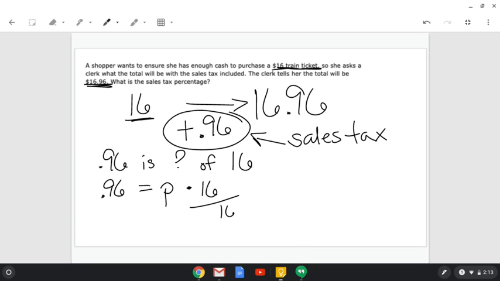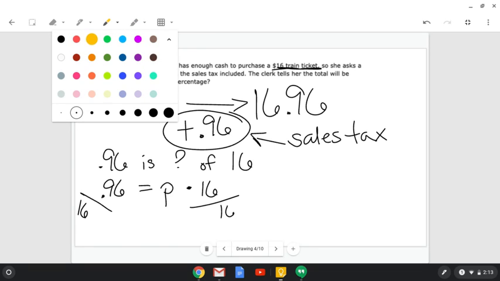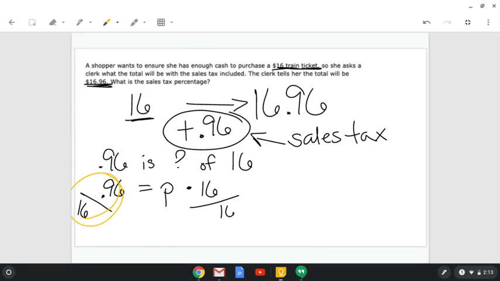On this side, don't forget, you also need to do it over here. Don't freak out, just a friendly reminder that this is okay: it's a smaller number divided by a larger number. That's good because we're going to get a decimal, right? So 0.96 divided by 16 gives me